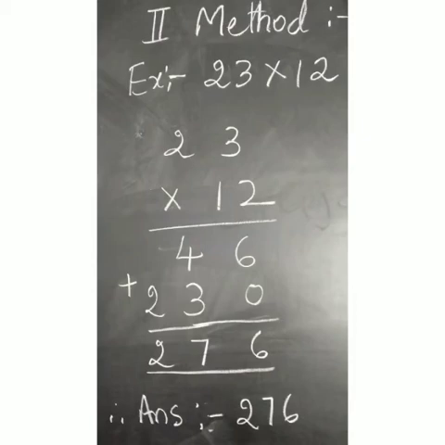Now come to the next number, that is 1. You have to multiply with 1, but 1 is in the tens place. So put 1 0 below 6. In 10 you have 1 0. So below 6 you have to put 1 0 and then multiply with 1. So 1 3s are 3, 1 2s are 2.